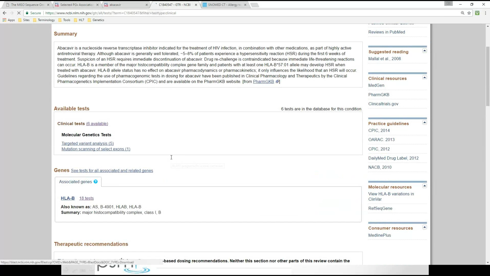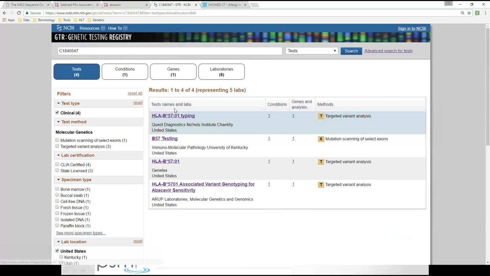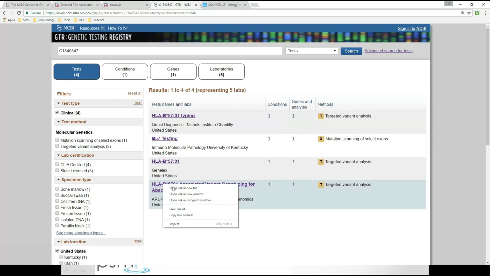And if we look at the particular tests, let's just look at the ones in the United States, we'll find that there are 4 tests that have been registered. And by the way, the genetic testing registry at the NCBI is a voluntary registration of tests. So anyone in the U.S., such as Arup Labs, that has a test can register that test here in the registry. And if you look at these tests, most of what these tests are doing